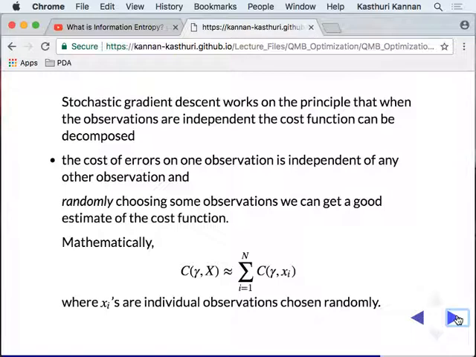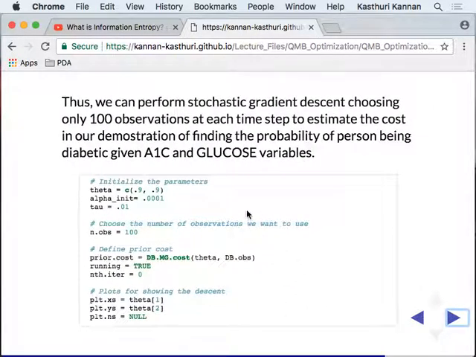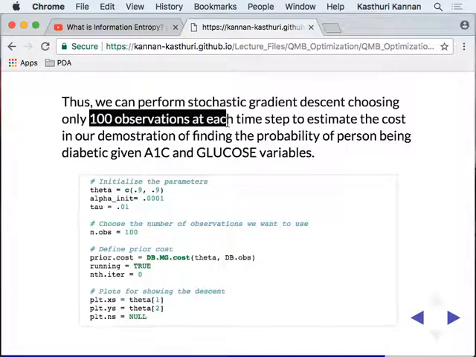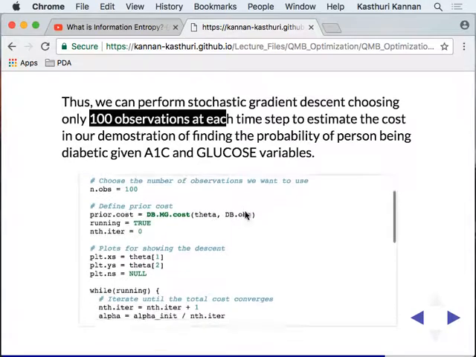So we can randomly choose some observations to get an approximate estimate. That's the idea. Don't find the cost by adding everything, but just randomly sample. The random sampling is very important there, because of mathematical reasons. If you randomly sample, you can have a good approximation for the cost, right? So once we have an approximation for the cost, we can do that. For instance, here I chose 100 observations at each time step to estimate the cost of glucose levels and A1C levels. I have this observation,